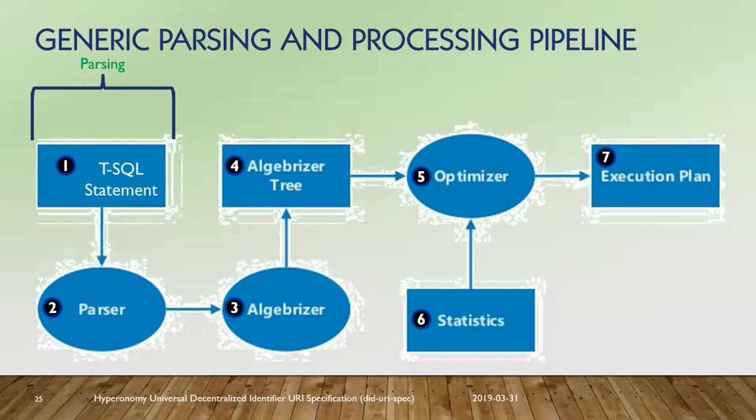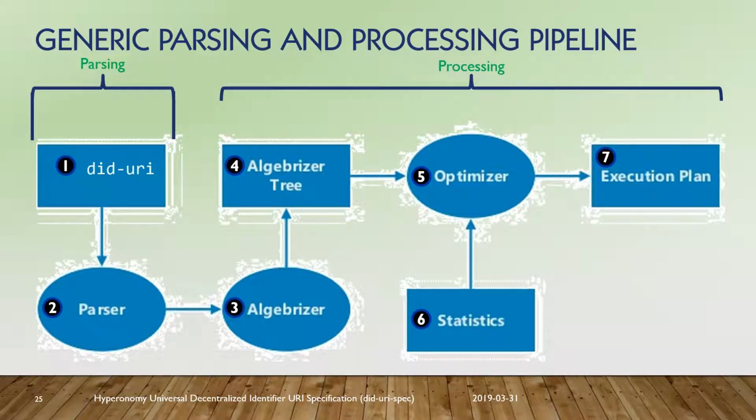So just looking at that pipeline in a little more detail and giving some names to the different phases of the process. Number 2 on the lower left-hand corner, that's the parser, and it undertakes the parsing process. And if we look at Cypher statements or we look at DID URLs, there's a parser that generates an abstract syntax tree. And then there's an algebraicizer, which is the analyzer. And I lump all of these last activities into processing. So we talk about parsing and we talk about processing. Within processing, it breaks out to semantic analysis,